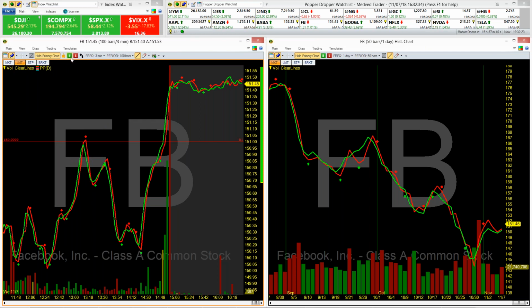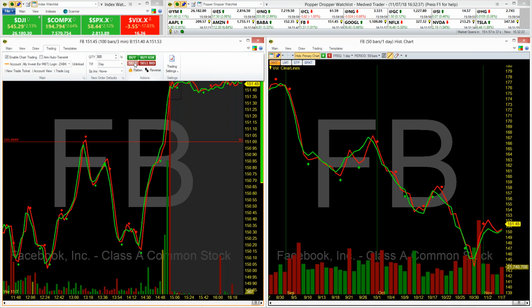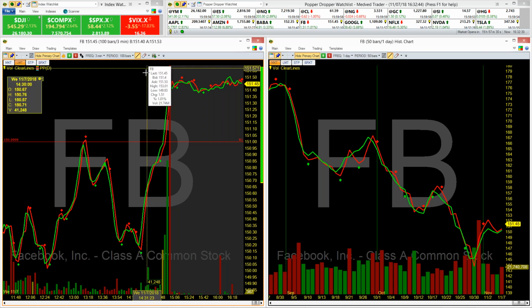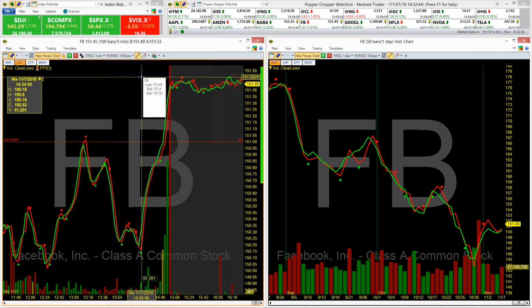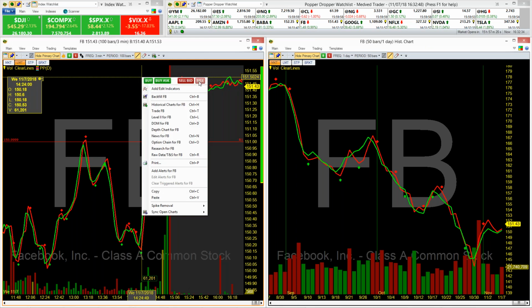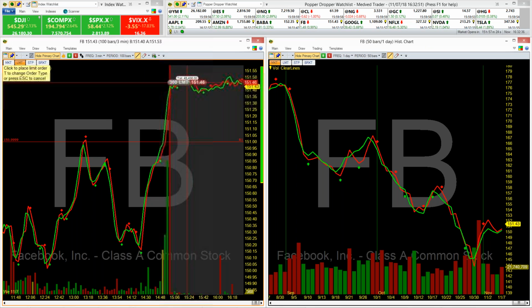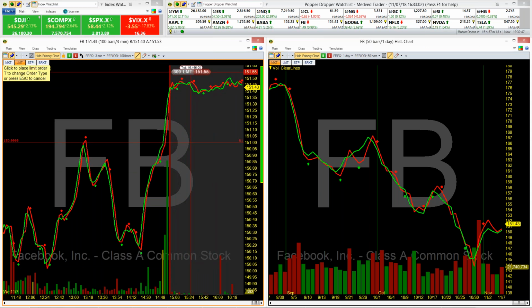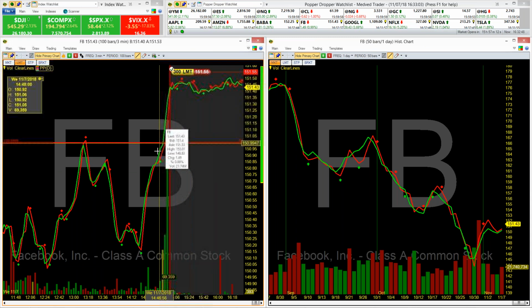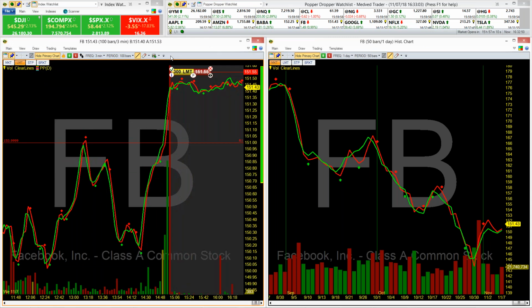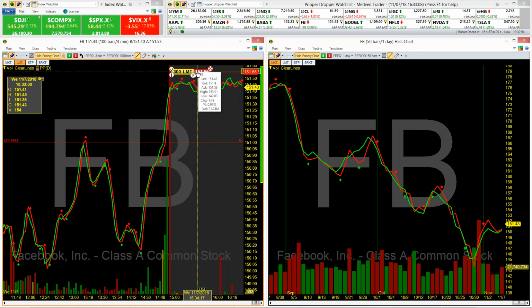Now this is a button that I added. So I would go here to the trading tab and then click sell, or I added that to my quick access toolbar, or I can right click, there's a lot of ways to do this, and click sell. So we'll do it from here. That opens up a capsule. Now I can move this capsule up and down on the chart to figure out where I want to set my limit order. If I want to set my limit order above the current market, because I want to see if it comes to me to short